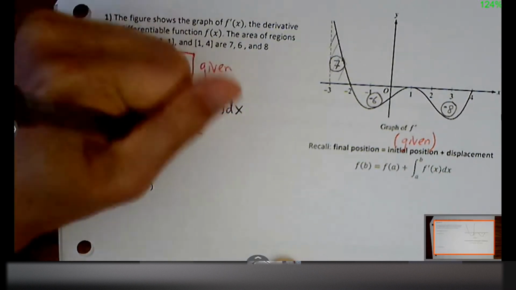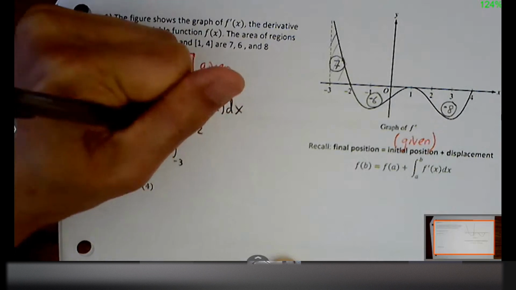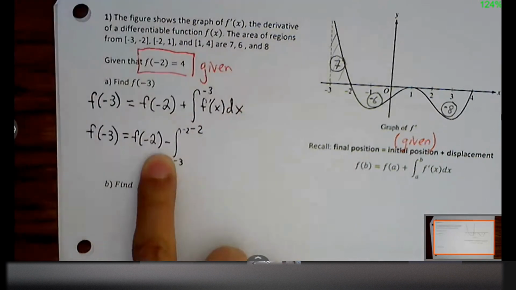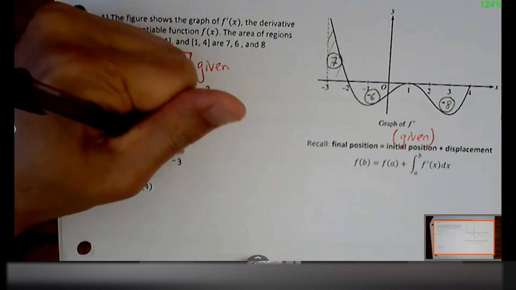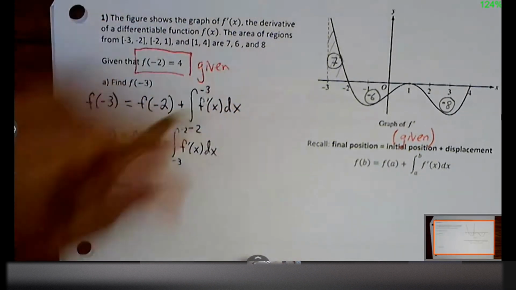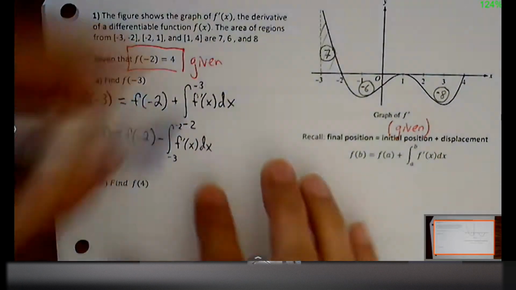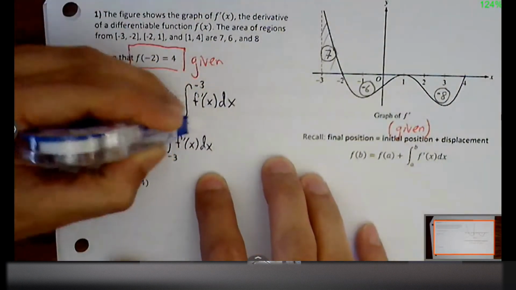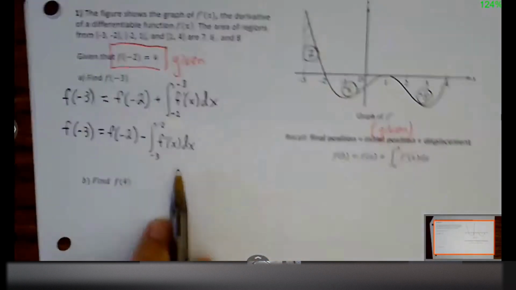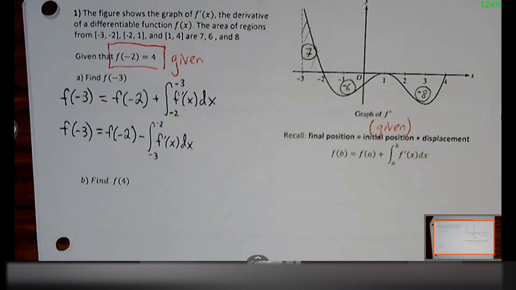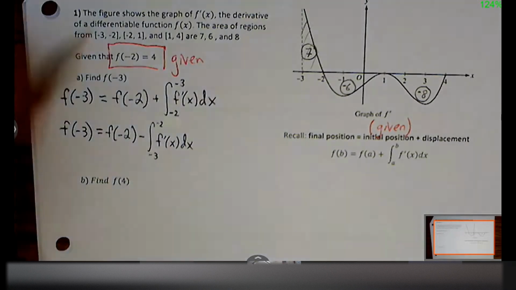So I'm going to change the order of the bounds so I can go from smaller to larger. But then as I do that, I need to make a balancing adjustment by putting a negative in front. Sorry, it looks like it's connected here, but that -2 here is for this other integral. Okay, are we good so far? Okay, so everything is nicely set up. Now we can just pull values and replace them into these notations that we have.